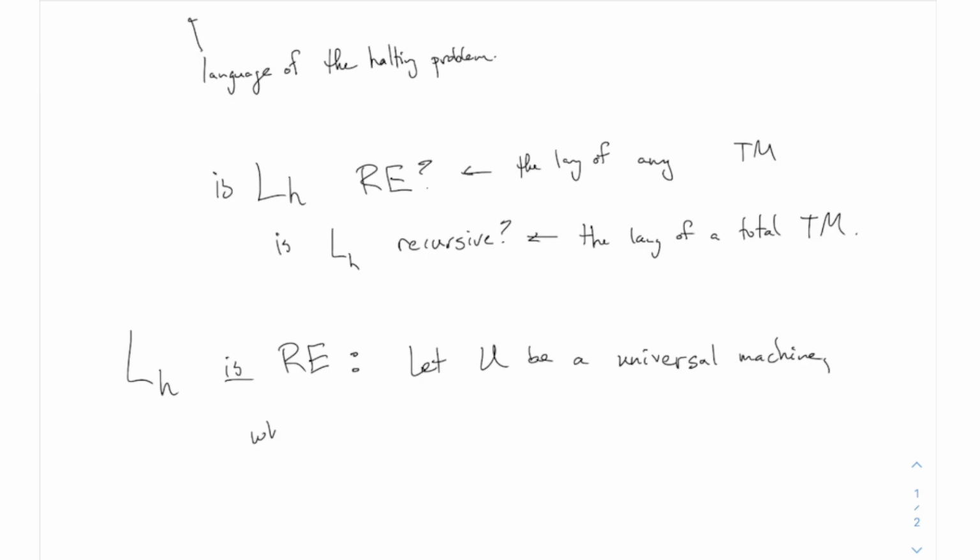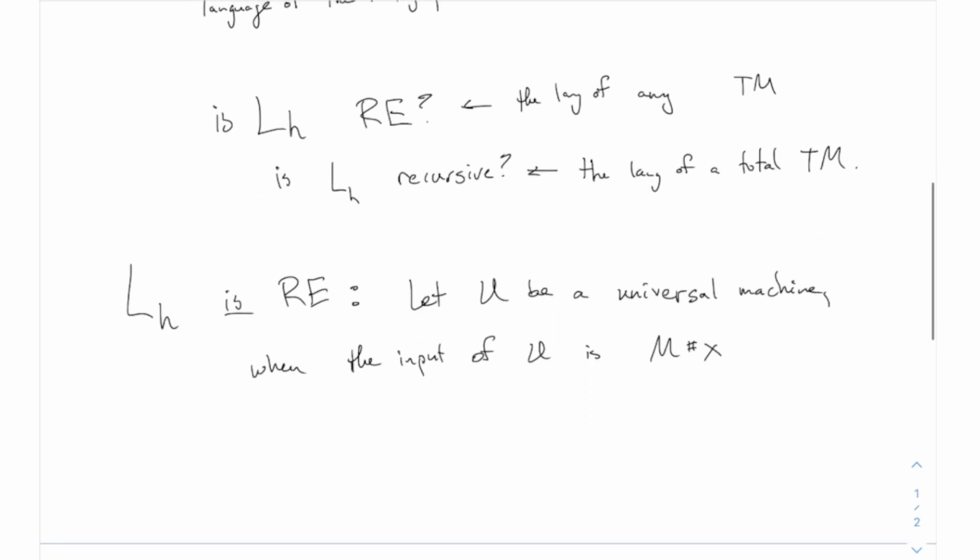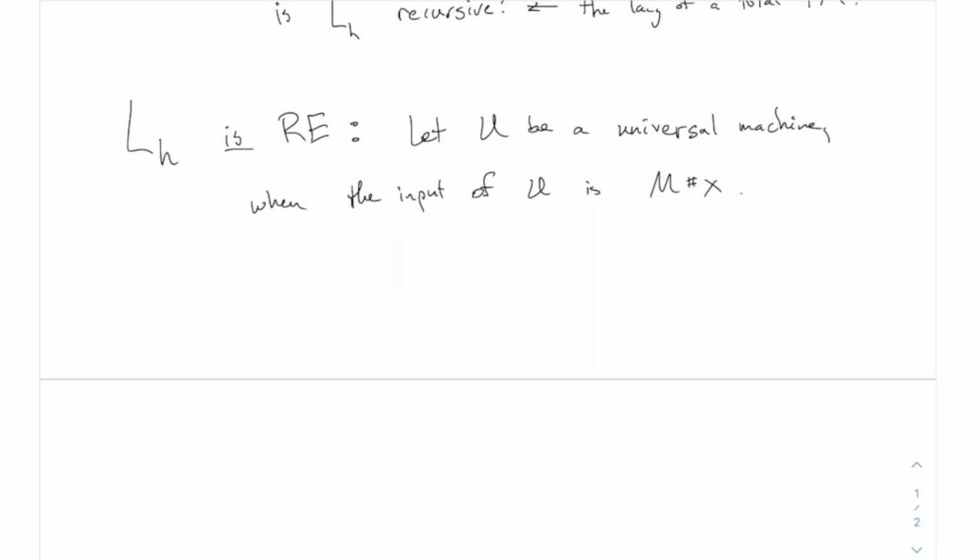And so when the input of U is M hashtag X, what U does, the whole point of the universal machine, is it runs a simulation of the machine M using the input X. All right, so when the input of U is M